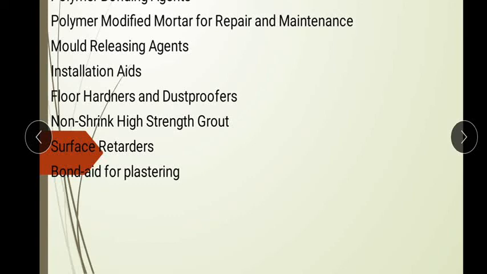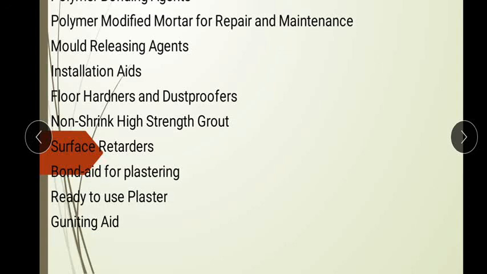Bond aids for plasticizers are also produced by a few companies, and these are not majorly used in construction. These may be used for some special conditions. Next one, ready to use plasticizer. For consistency in quality of finishing, less storage and mixing area, lower material consumption, crack free plasticizers, these are being used. Next one,